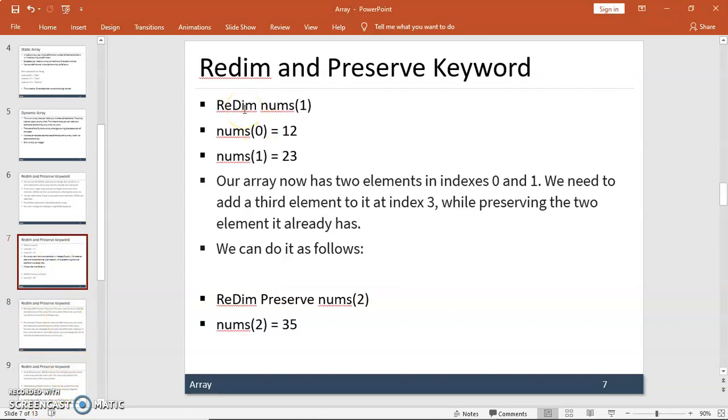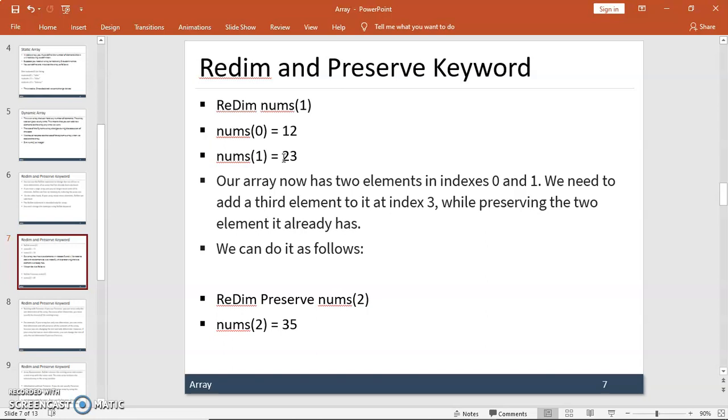ReDim nums(1) will increase the size of the array nums. In the first location 12 is added, in the second location 23 is added. And now our array has two elements at indexes 0 and 1.